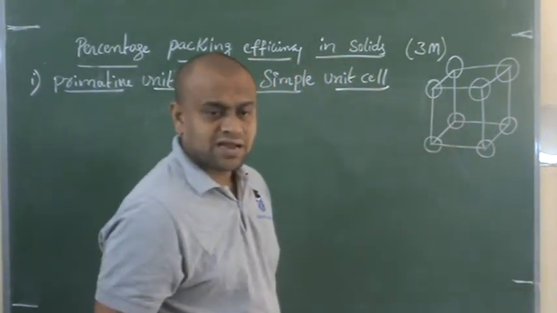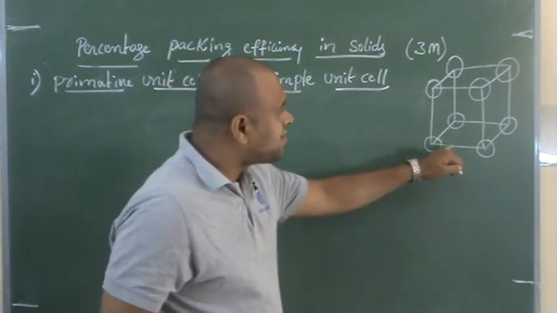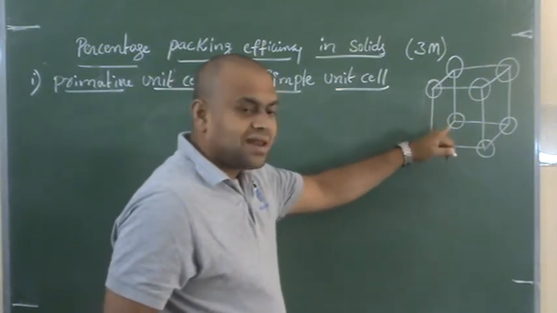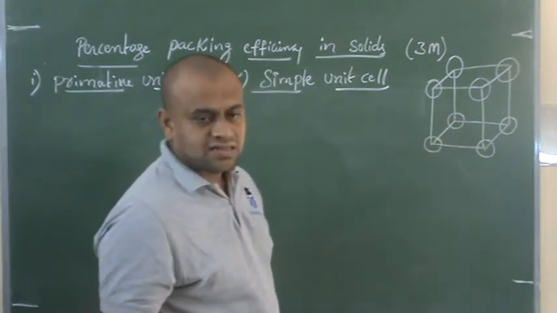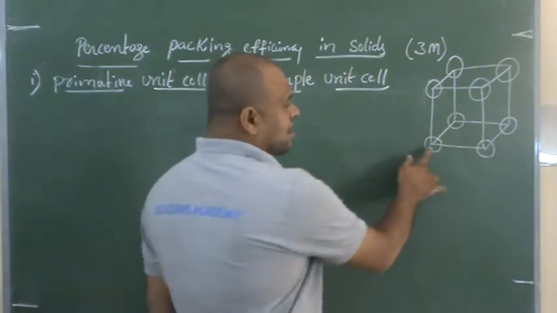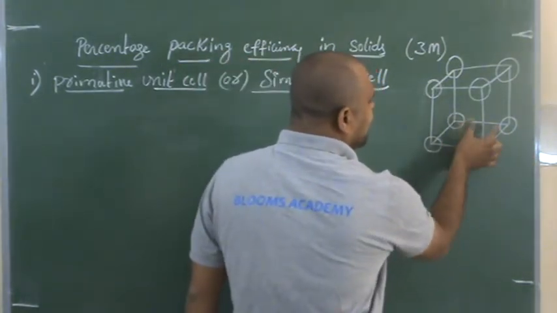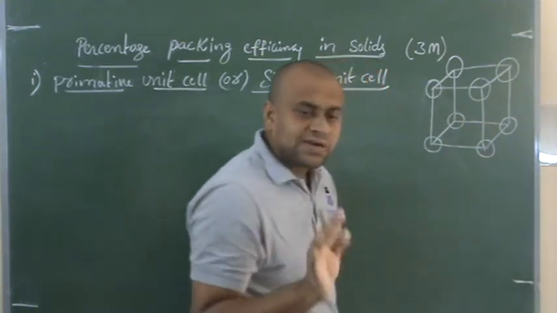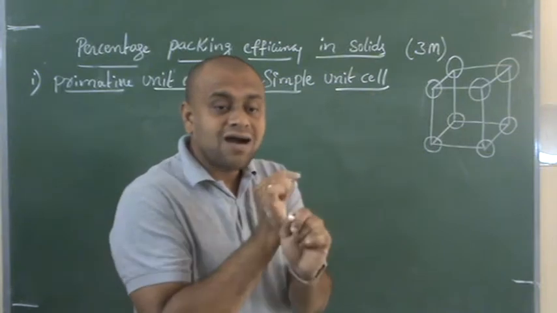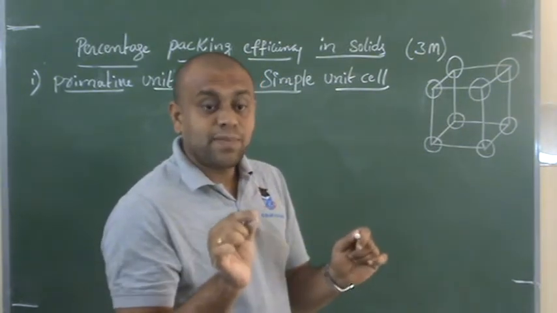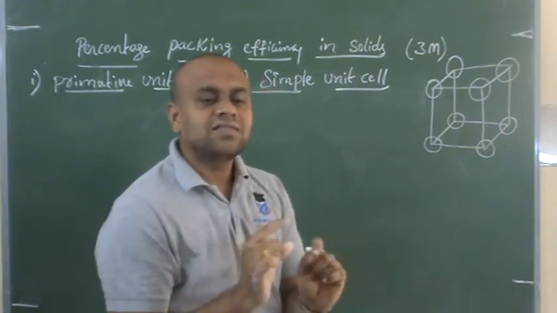Are you following what I am saying here? So actually, for understanding purpose, I had drawn the simple unit cell like this. But in simple unit cell or any other unit cells, the particles do not show gaps like this. Here gaps are there, no. These gaps will not be there in unit cell. The particles touch each other along the edges. In simple unit cell, the particles touch each other along the edges.